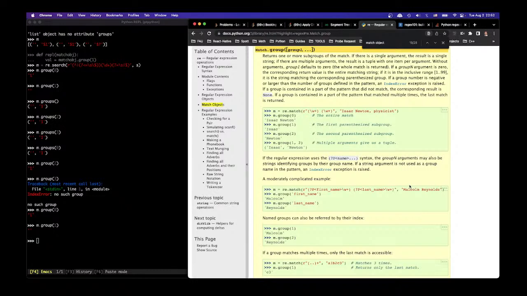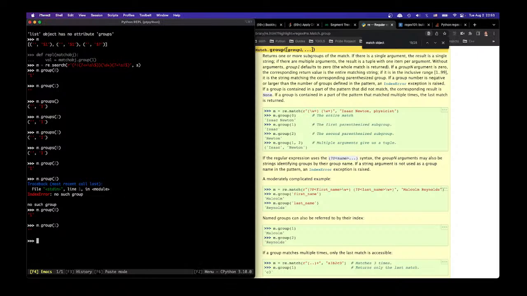Group 0 is the entire match. Oh, I see. Because the previous one will match empty or match. Okay, I see. So we have to use group 2 actually, because that's the second match, right? Group 2. Okay, so def